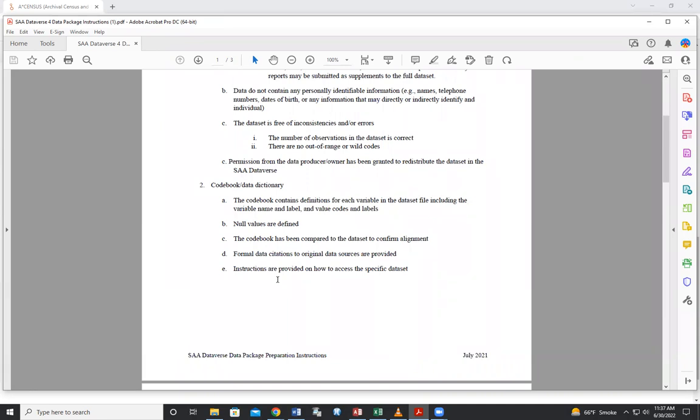Another important part of your data package is your codebook or data dictionary, which contains definitions for each variable in the data set, including variable names and labels, and value codes and labels. When preparing your codebook for submission, make sure that null or empty values are defined and that the codebook has been compared to the actual data set to confirm that they match up. Formal citations to original data sources and instructions to access the specific data set should be provided. For example,